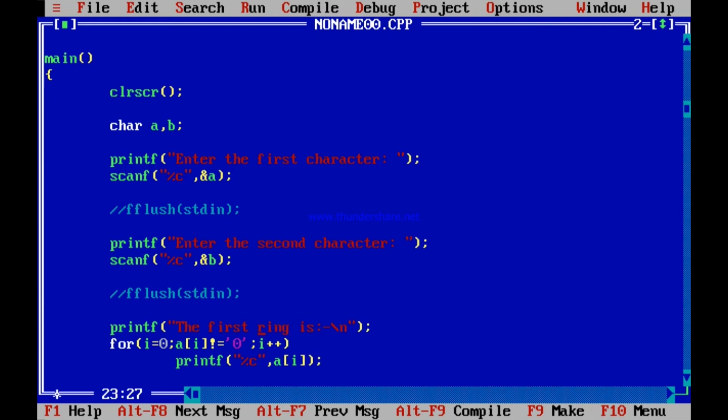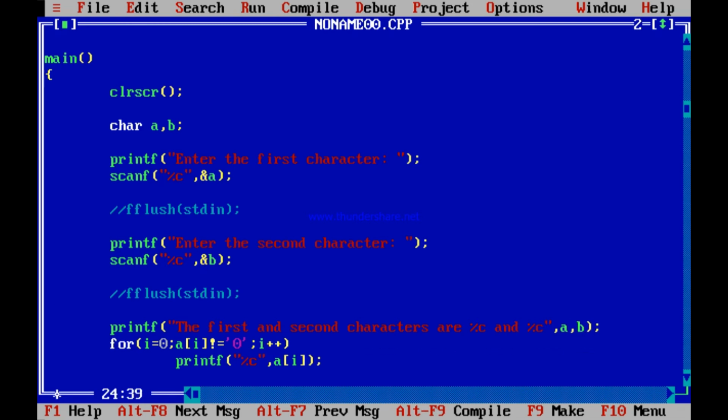You say the first and second characters are %c and %c, and these two are replaced by A and B.